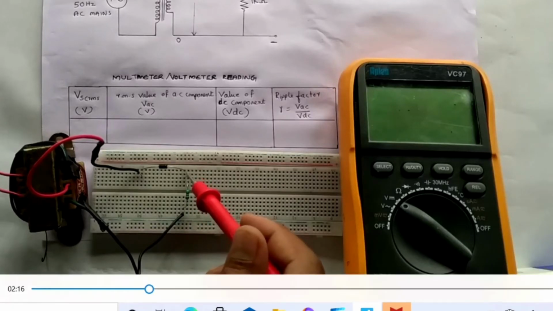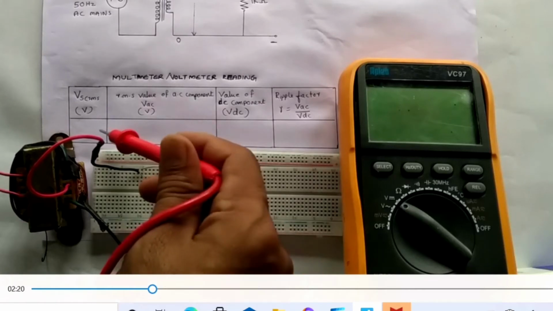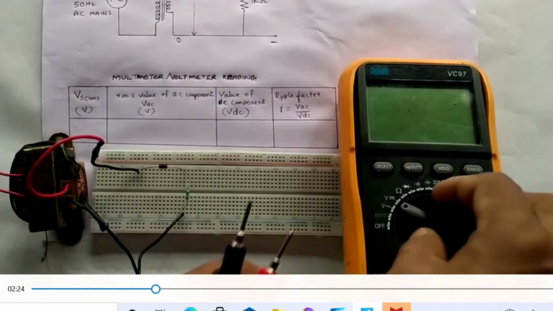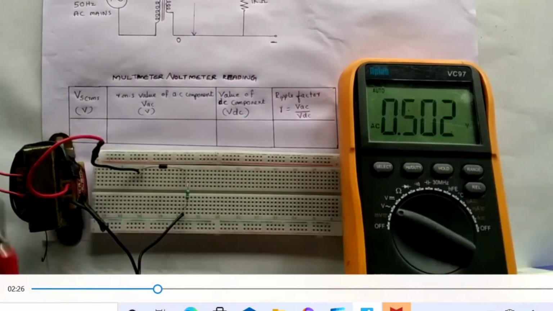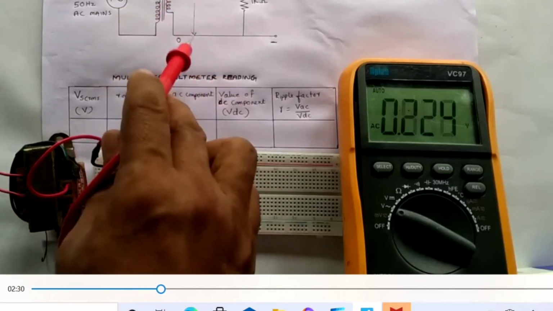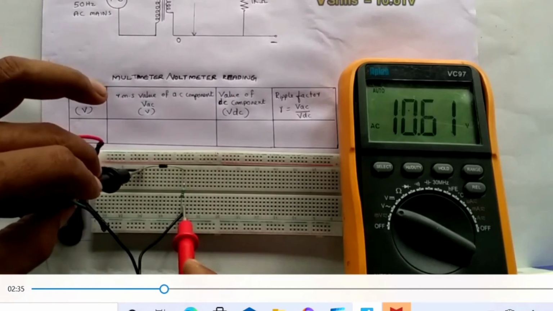Now we are going to see the multimeter readings across the output side. On the input side we are giving VS, the secondary voltage, as AC, but after the rectifier we are getting DC. See the multimeter measured with AC. The knobs are varied here. Now we are measuring the secondary RMS voltage.